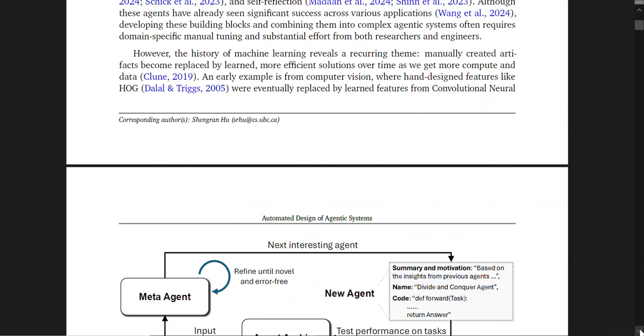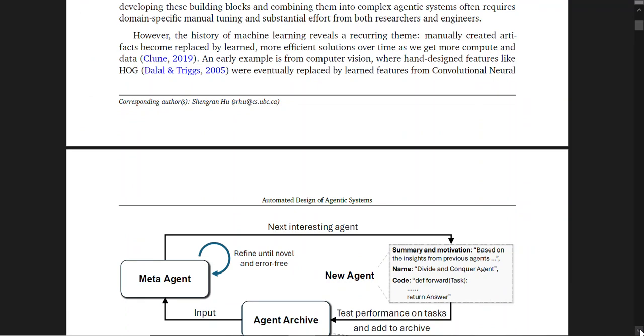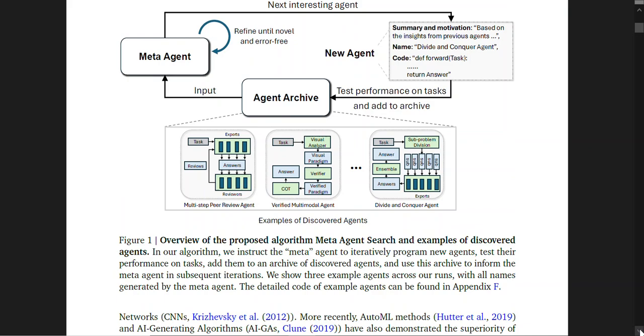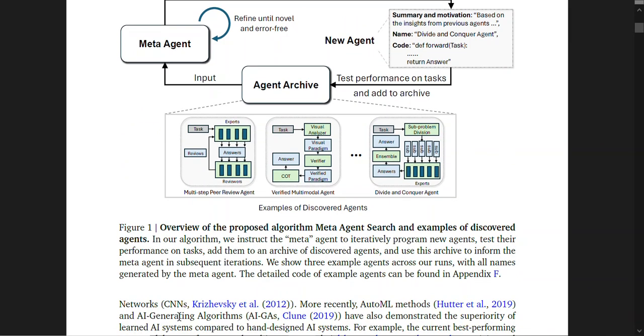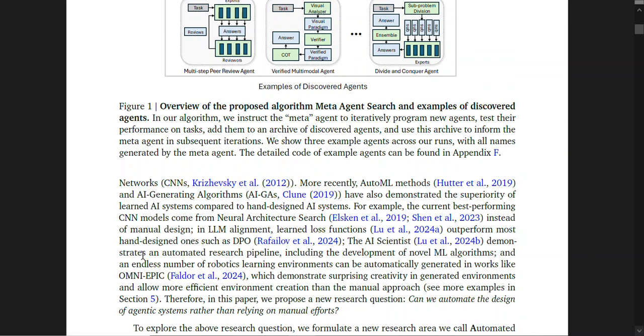An early example is computer vision, where hand-designed features like HOG were eventually replaced by learned features from convolutional neural networks. More recently, AutoML methods, AI-generating algorithms, have also demonstrated the superiority of learned AI systems compared to hand-designed AI systems. For example, the current best-performing models come from neural architecture search instead of manual design. In LLM alignment, learned loss functions outperform most hand-designed ones, such as DPO.